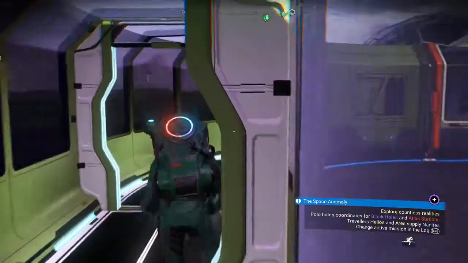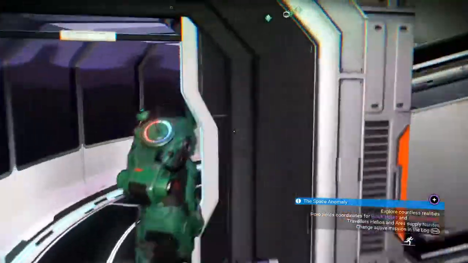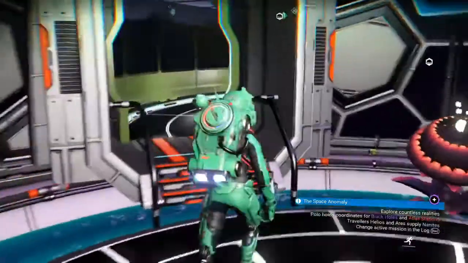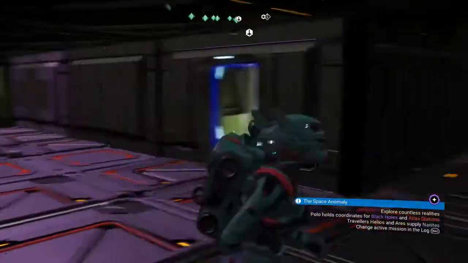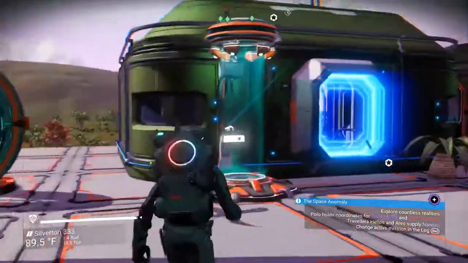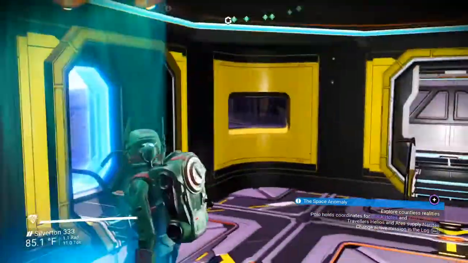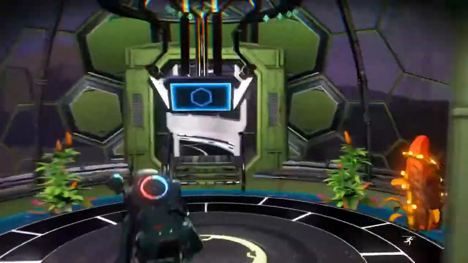Yeah, this isn't the most efficient setup, but like I said, this was like my first big base, and I didn't know what a stasis device was when I built this base. I had a couple more farms upstairs. I think it's this one. Yeah, it goes up there. But